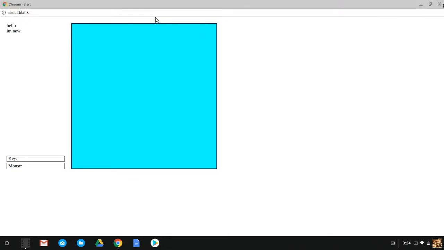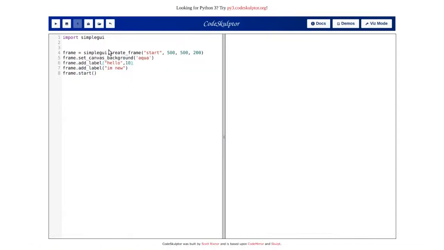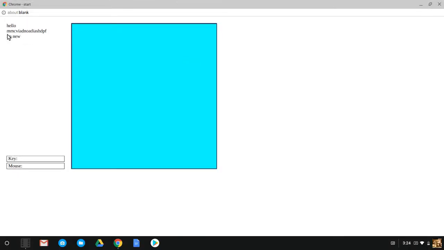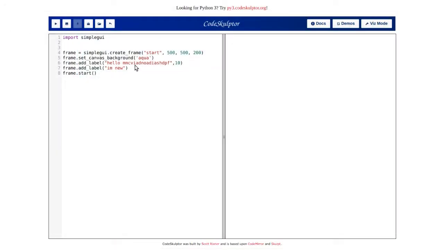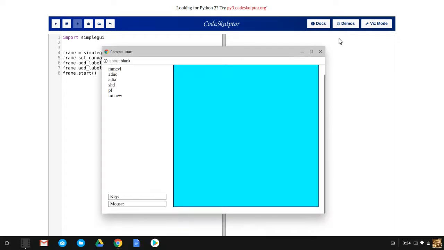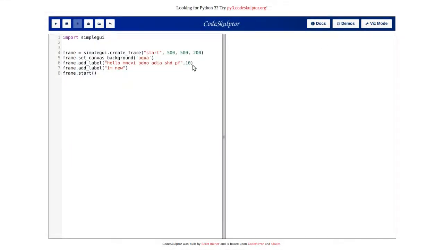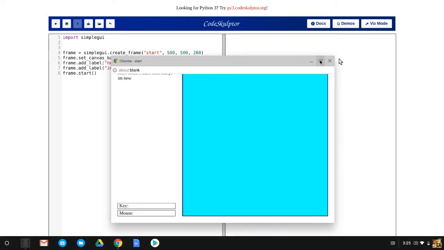nothing changes. But the reason for that is because I didn't type in some super long chat. So let's just do a bunch of that. And then if I do 10, you can see, well, that's down there. My bad. So let's just do a bunch of spaces in between. There we go. Oh, come on! Just wasn't doing it before. Right, so